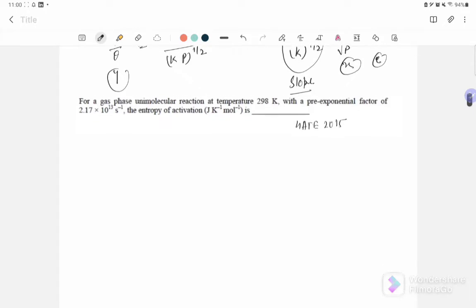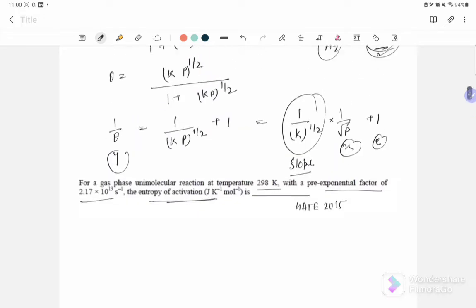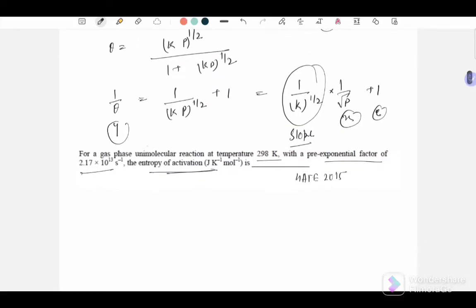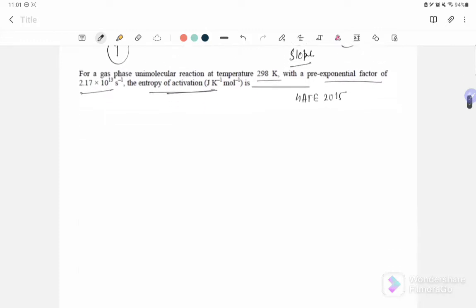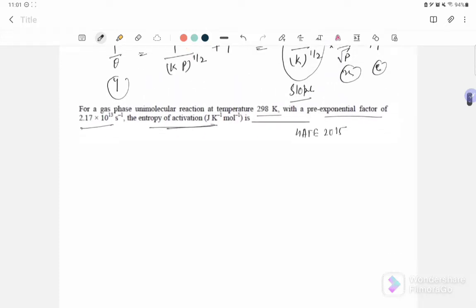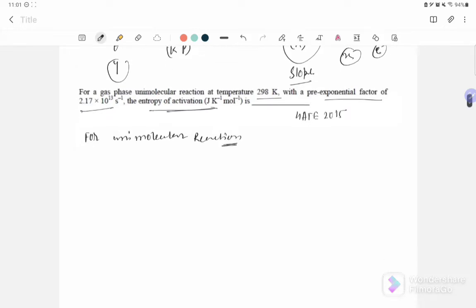So this question, the pre-exponential factor and the entropy of activation for a gas-phase unimolecular reaction at a given temperature. We did the bimolecular reaction in my last video, and here it is a unimolecular reaction. So for a unimolecular reaction, I said that the pre-exponential factor,